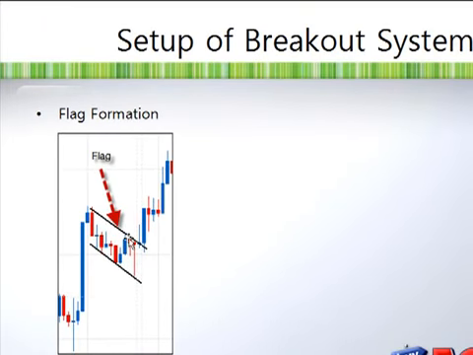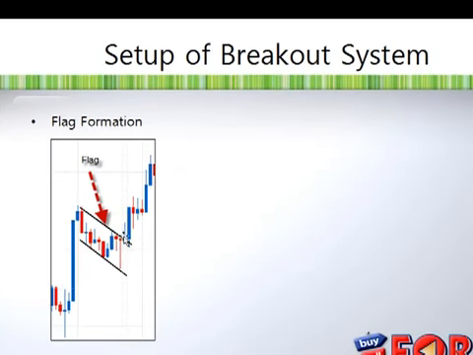A flag formation looks like a flag on a pole. For a flag formation, it must have a long candle which acts as the pole, and this is what we call a flag. Once you break out of the flag, you see the movement that it makes. This is what we call the breakout system. And the third